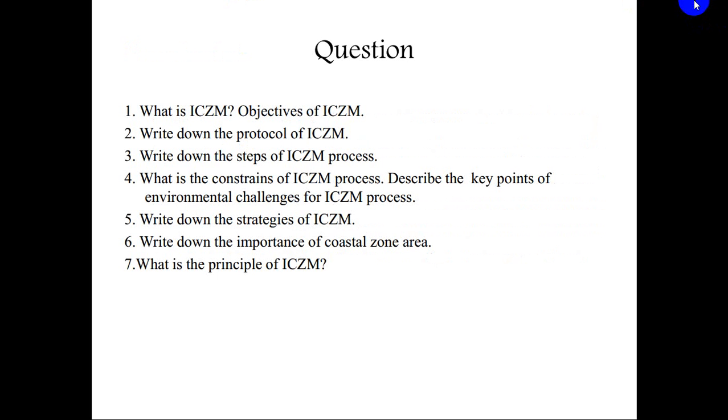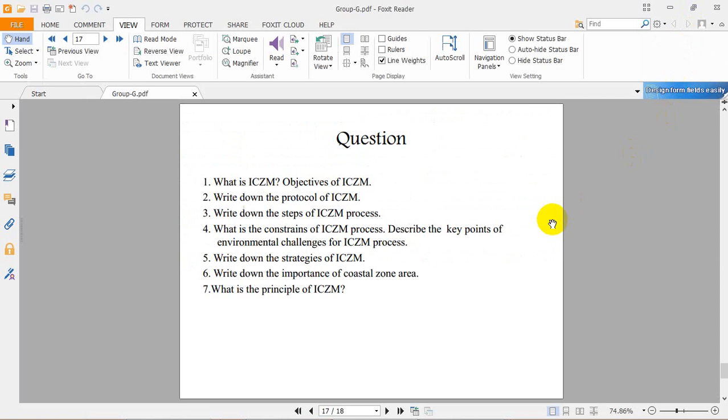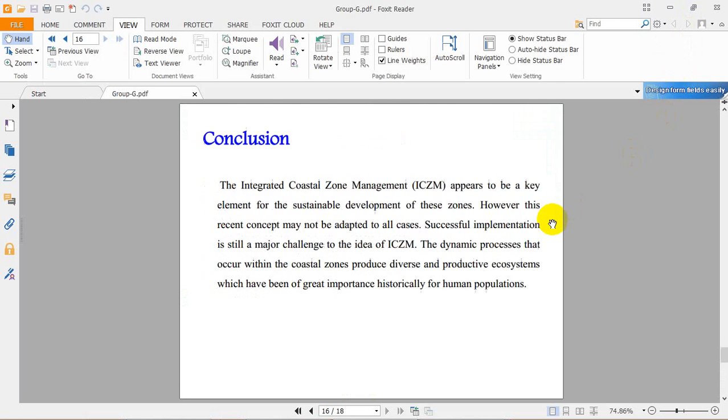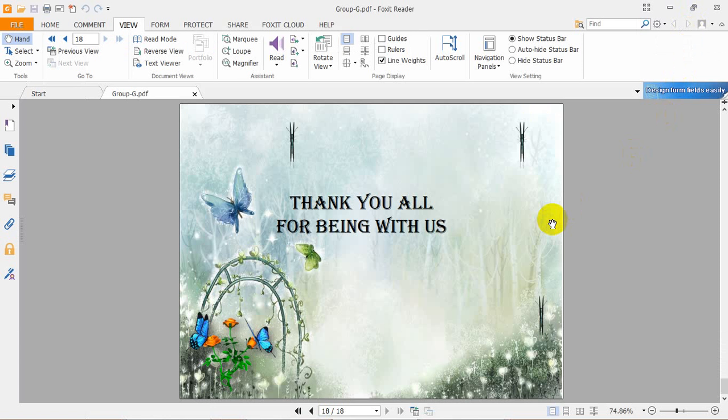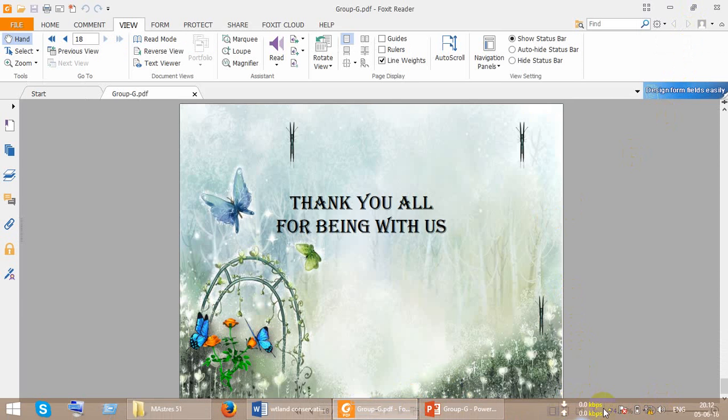Question 1. What is ICZM? Objectives of ICZM. 2. Write down the protocol of ICZM. 3. Write down the steps of the ICZM process. 4. What are the constraints of the ICZM process? Describe the key points of